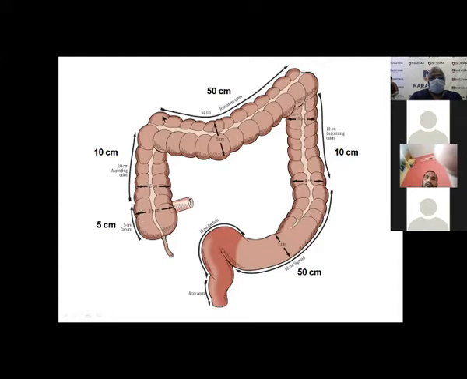That is up to the hepatic flexure. Then the 50 centimeter length is the transverse colon. Then comes the descending colon from the splenic flexure. The descending colon is about 10 centimeters. And then comes the sigmoid, which usually curves like that, and then comes the rectosigmoid junction, which is 15 centimeters. So this is roughly a diagrammatic representation of the colon inside.